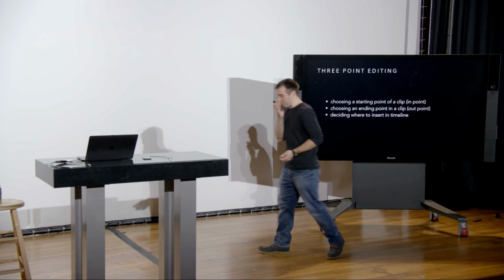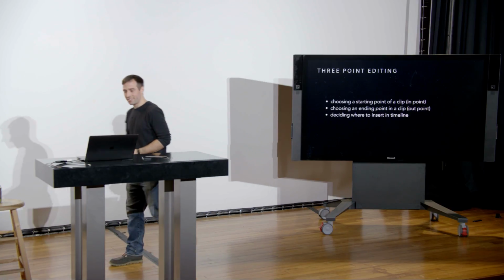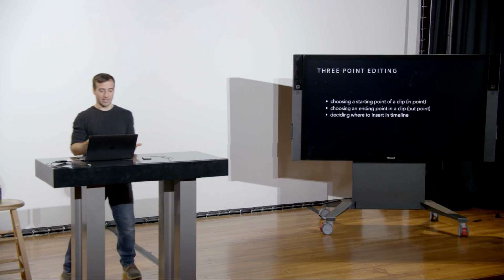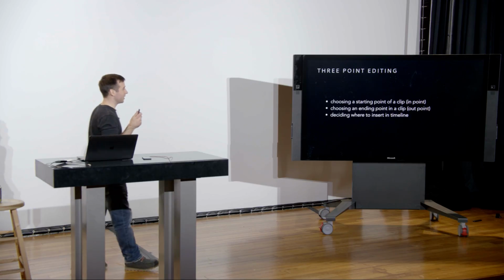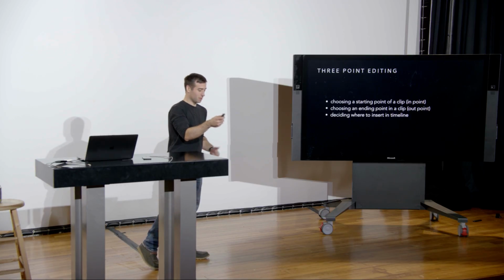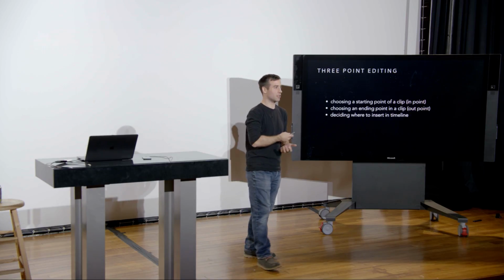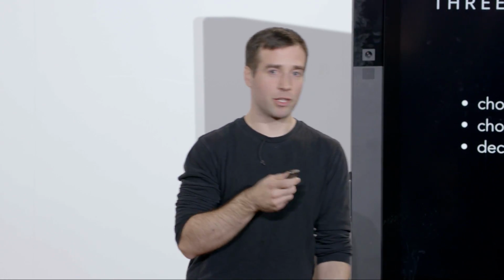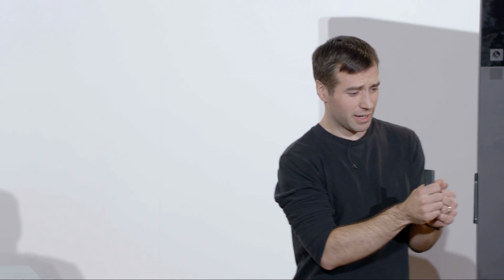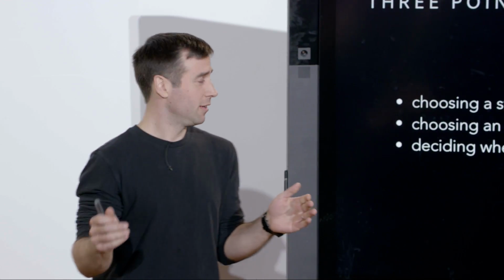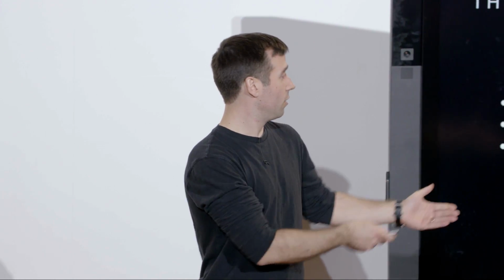So three-point editing is really the foundation of starting to take a clip and build our story. Literally the first step is, in your editor, you're going to have a list of clips. You're going to pull one up and start to watch it, and you're going to say, where do I want to start telling the story from? You literally pick your in point. You say, okay, I'm going to have this clip go from here to here, and you pick your out point. That's where you're going to end the clip, and then you have to decide where does it go into the